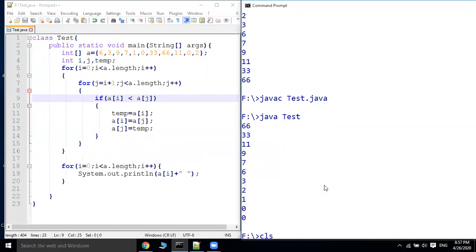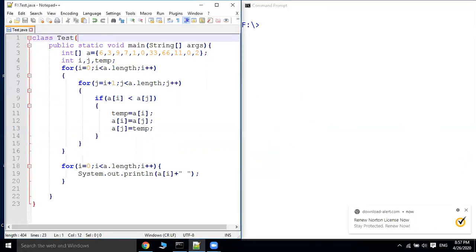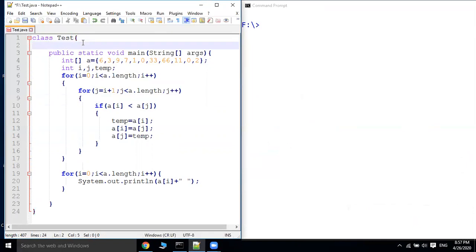Now this is a simple example of a one-dimensional array. One more important point here is that you can also pass an array as an argument to methods. For example, if I declare one method here, let us say I want to find the minimum element in the given array.